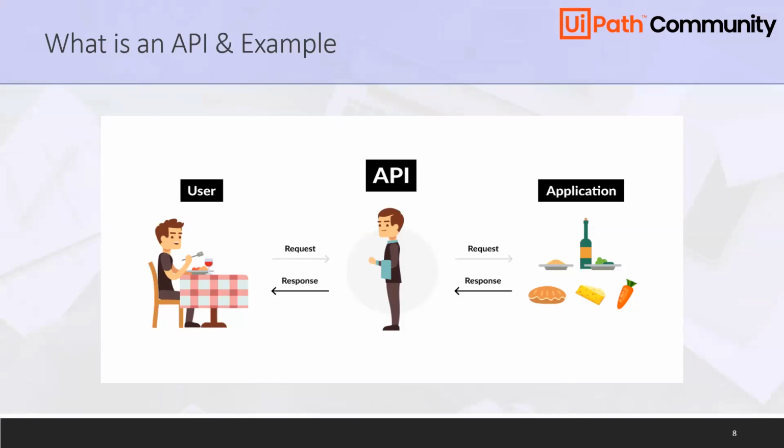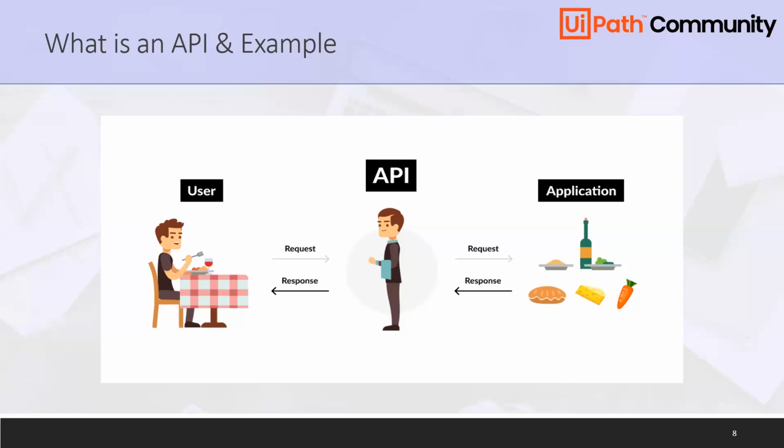Whenever we deal with an application, we use its user interface. But have you thought about whether we can deal with an application, a website, or a web browser without using its user interface? The answer is yes. We can do it with the help of an API. So what is an API? API stands for application programming interface, which carries data from one application to another. To simplify, an API delivers the user's request to the system and sends the system's response back to the user.